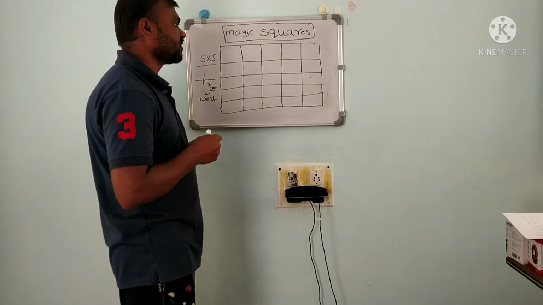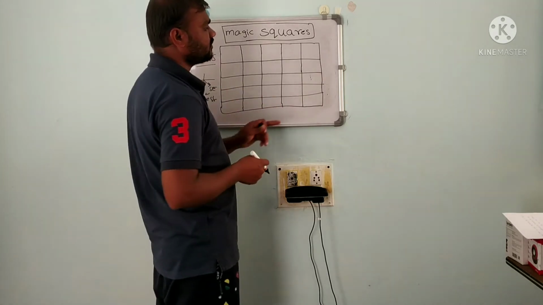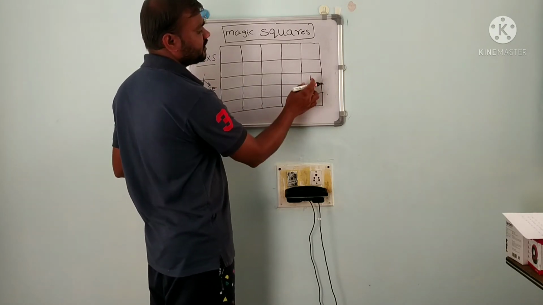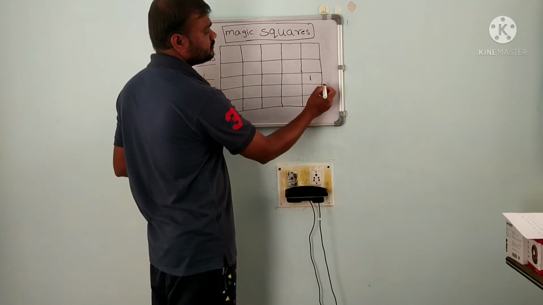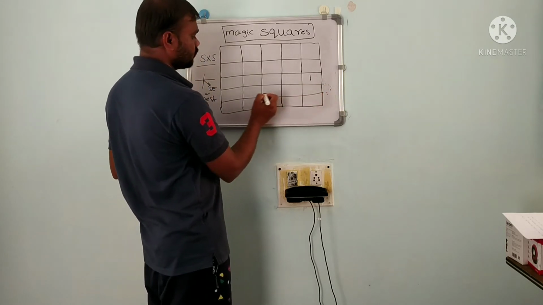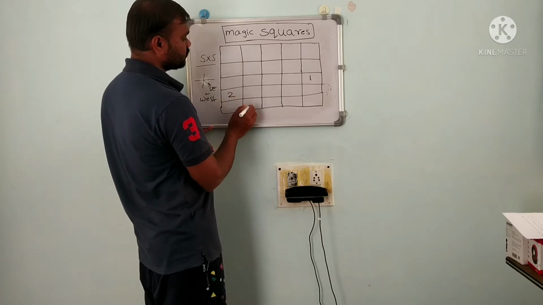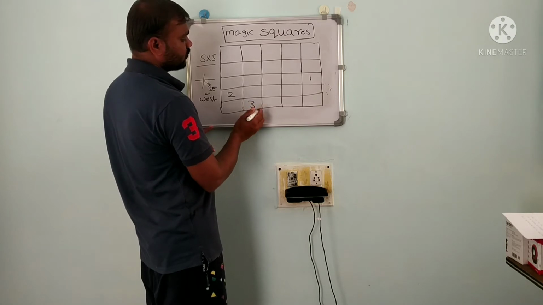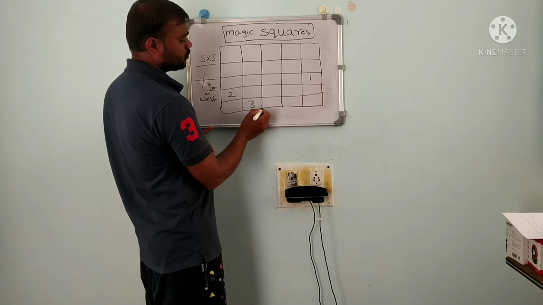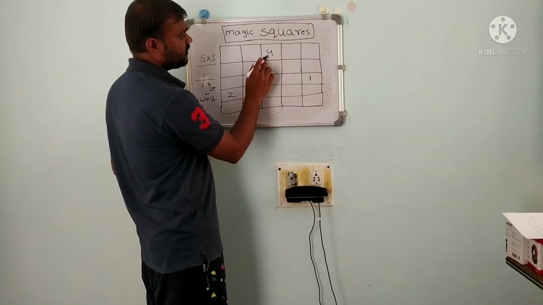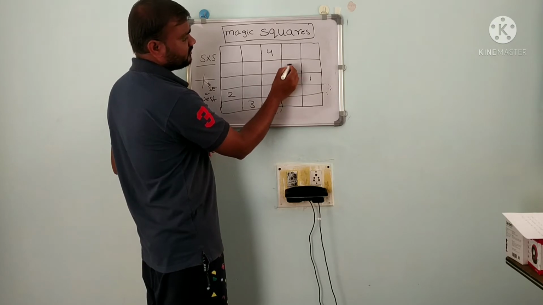First, you always start by filling this center cell with 1. After you fill up this number, you go like this, and 2 is here. After that you always go southeast, so this is 3. If you go southeast, here nothing is there, so you have to move like this. So here 4. After this number you always go southeast, so this will become 5.